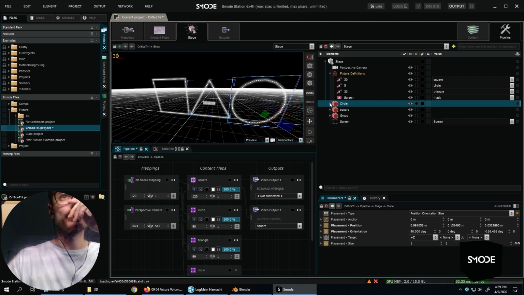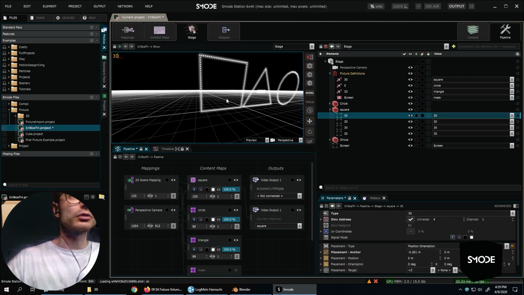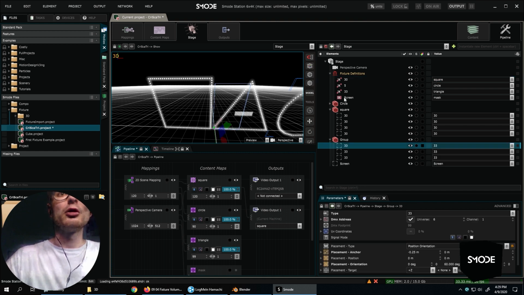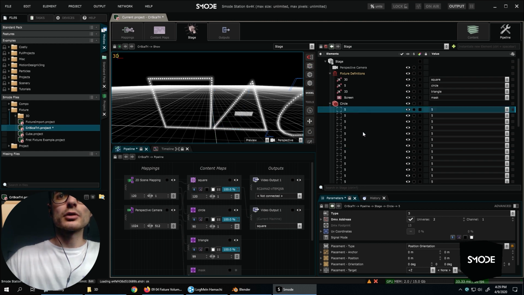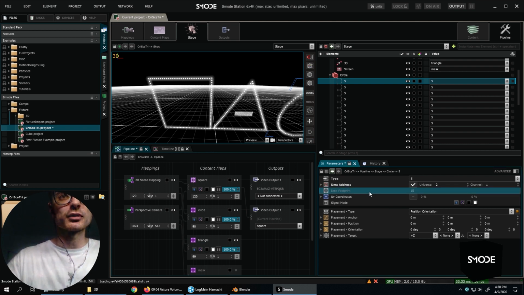This is the circle. Then I have the square, which is made in SMOD with a strip fixture type, and then I have the triangle. And as we can see, each element has its own DMX address, which corresponds to the DMX address of the element in real life.